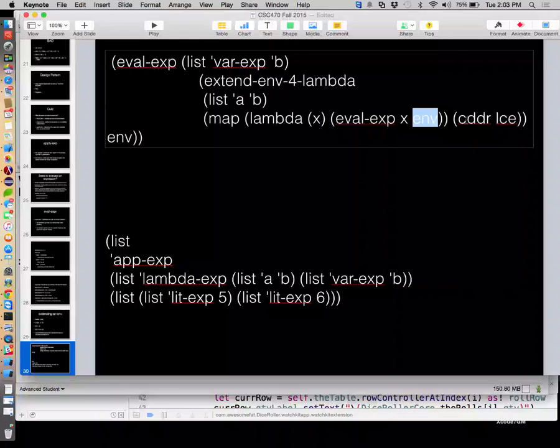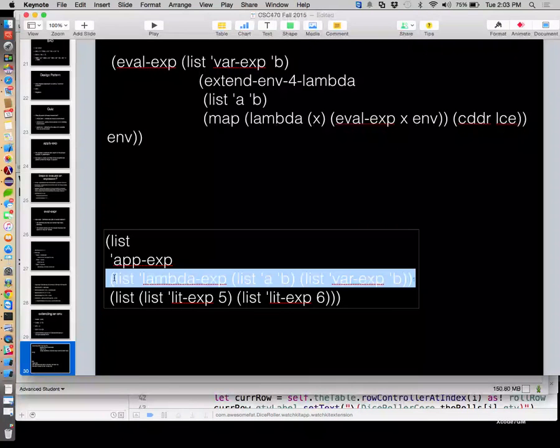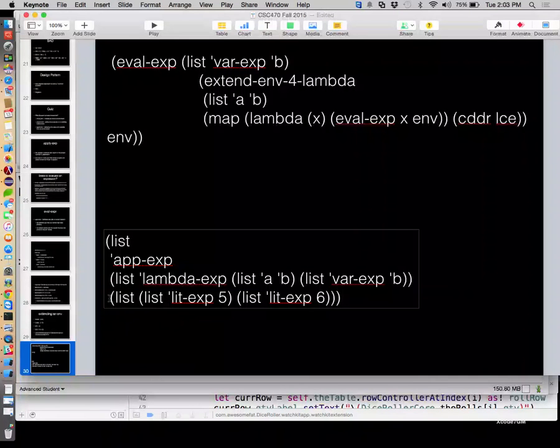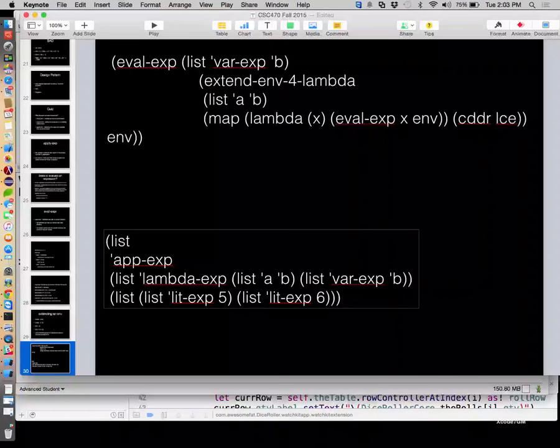Okay, and we're going to map that function across the CDDR of LCE right now. This is LCE, our parsed lambda calculus expression. So the cdr is going to be the list containing these two things. The cdr of that is going to be the list containing these things. We want to map this function across that list, which is going to produce a list of flat things. So now I'm mapping eval expression across this list right here. That's this one right here. So the CDDR,